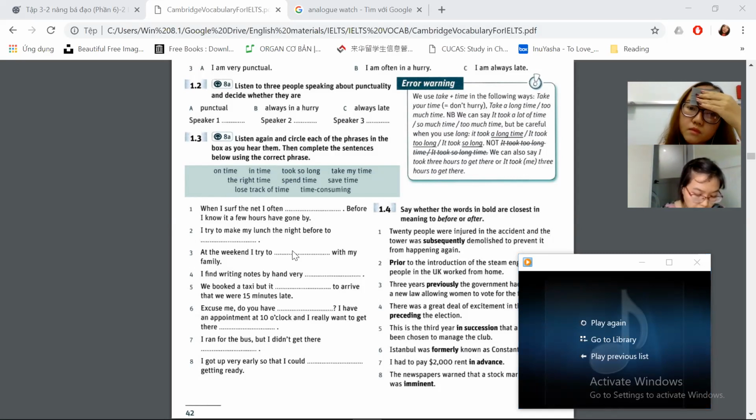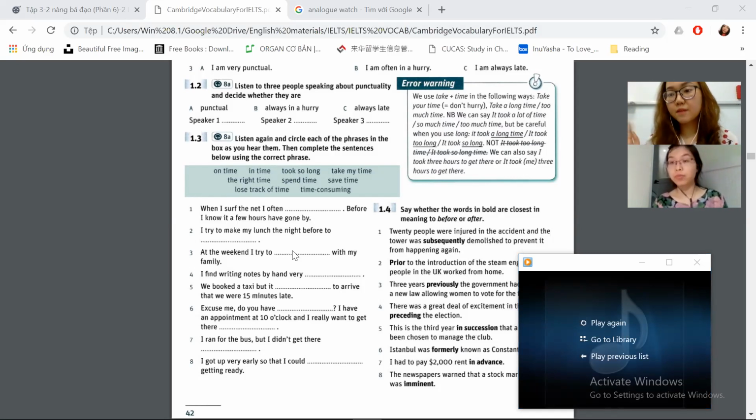Number 8. I got up very early so that I could take my time getting ready. Okay, so take my time getting ready. Very good. Okay. I think because I have another class coming, we can stop here today, and